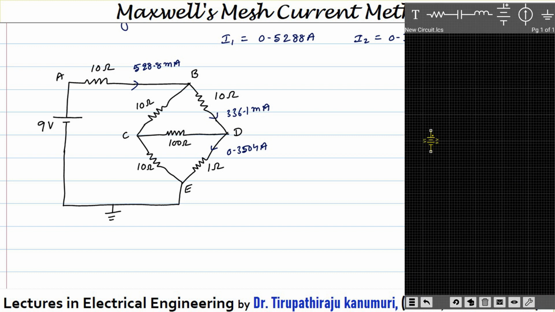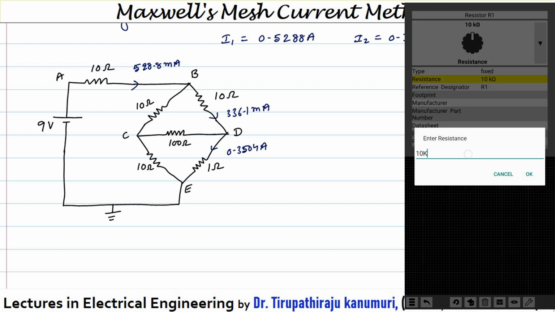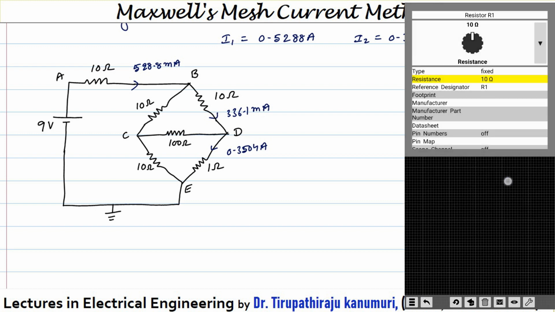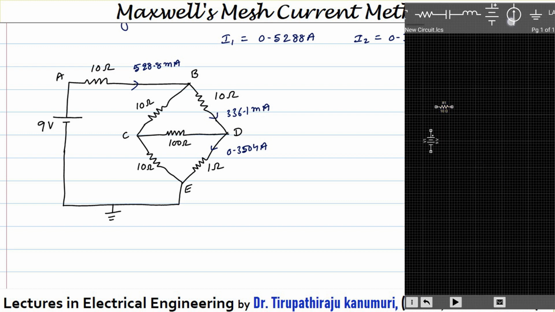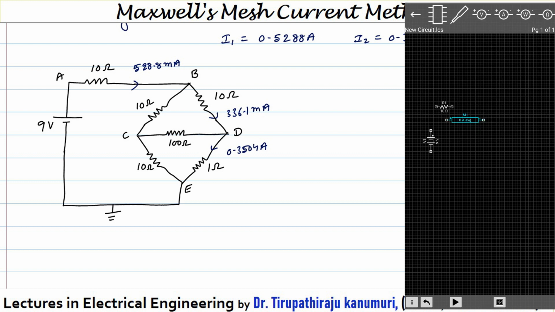Once the battery is set, the second one is a resistor. That resistance value will be equal to 10 ohms. So I am changing it to 10. After this we need one ammeter. The ammeter is used for measuring the current I1. So I am keeping it. I1 is nothing but the current that is passing through this 10 ohms. So I am just double clicking on this one. Here you have to change this instantaneous value to average value. The current is less than 1 ampere.